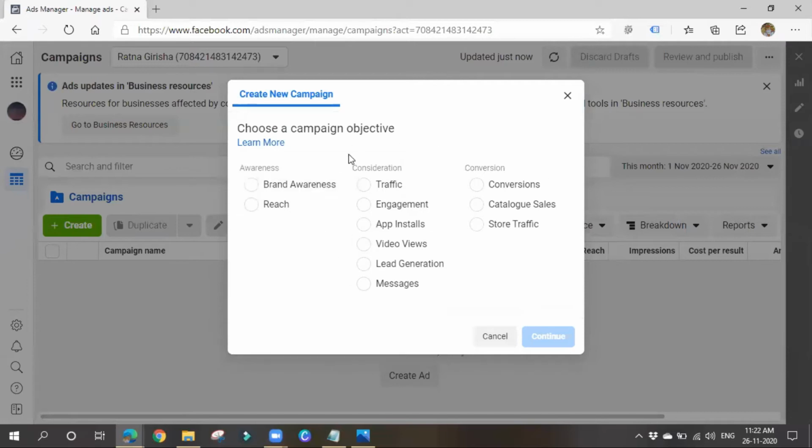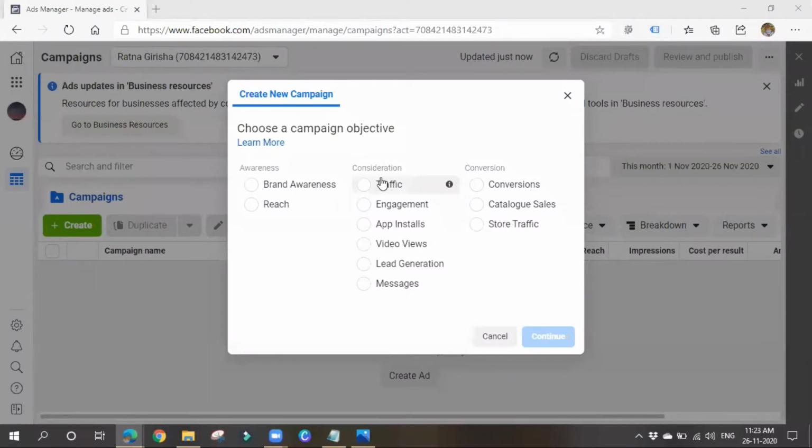So now at the campaign level, you have to choose an objective, right? If you want brand awareness, meaning if you want to promote your thing to more and more people, show your ads to people who are most likely to remember them, meaning you want to create a brand name for your business or your products, then go for brand awareness. Reach. If you want your ad to reach the maximum number of people, then you have to go for reach. Simply hover over here, you will be shown the description: show your ads to the maximum number of people.